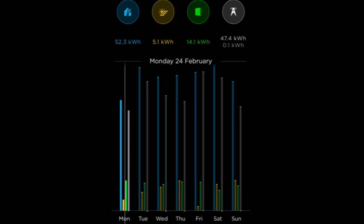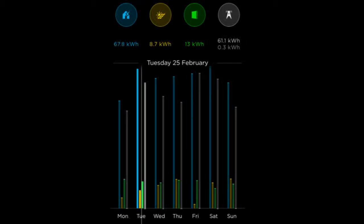On Tuesday, we pulled 61.1 kilowatt hours from the grid with a 0.3 going back, which is becoming quite common now. We're producing more solar. I assume this is a switch over from the My Energy device. 13 kilowatt hours from the Powerwall, 8.7 kilowatt hours came from the sun, and the home usage was 67.8 kilowatt